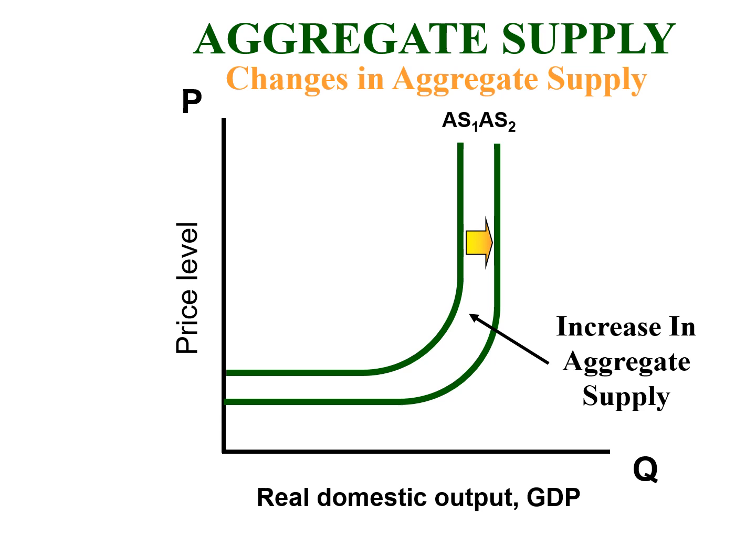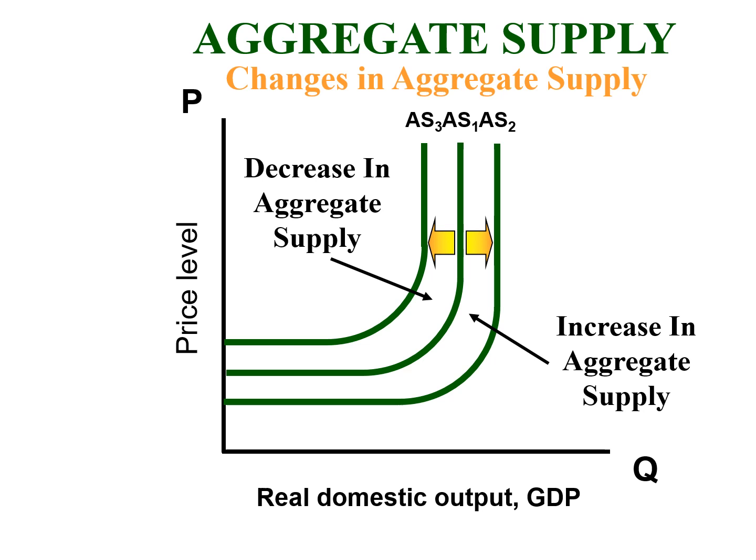And any shift of the aggregate supply curve to the right caused by lower input costs, technological advancements, or productivity, that's the best case scenario for the economy. Now, what would shift the aggregate supply curve to the left? A decrease in aggregate supply. Well, remember, we called this situation or event cost push inflation. It's typically associated with what's called a negative supply shock, a serious increase in the price of a necessary resource, typically something like oil, right? So the aggregate supply curve would shift to the left, a decrease in aggregate supply, if we had a negative